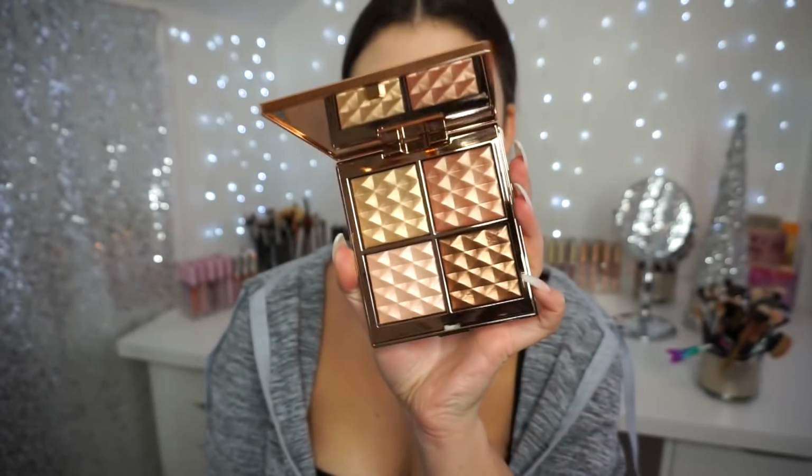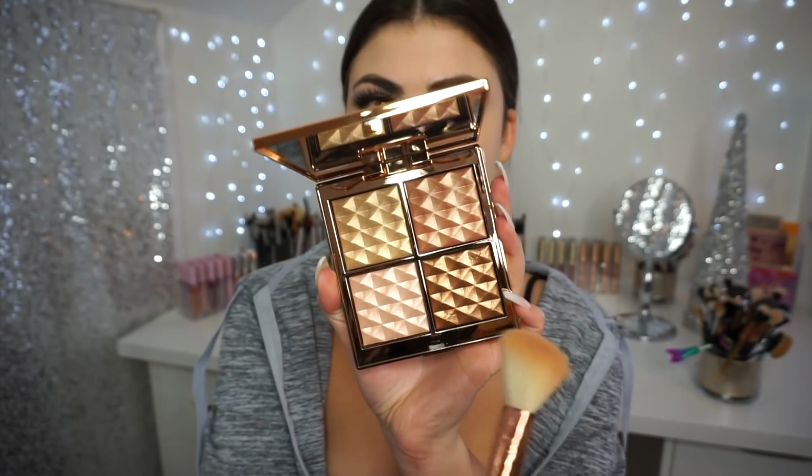So for my face, I'm going to go into this new palette from Laura Mercier. This is one of their holiday products. It is the Magic Hour Face Illuminator palette. And what I'm going to do is actually just take the bronze shade in here. Look how gorgeous this palette is. I am just sticking to this shade right here. I'm going to pick it up with my F40, and I'm going to bronze up my face just a little bit. This is very, very illuminating, so I don't need a lot of it